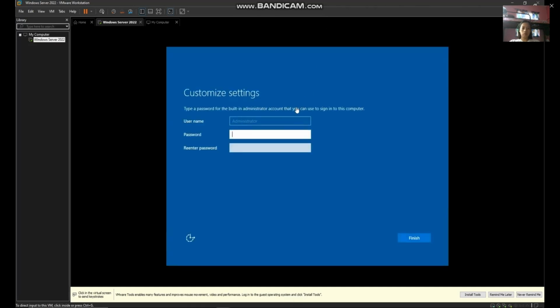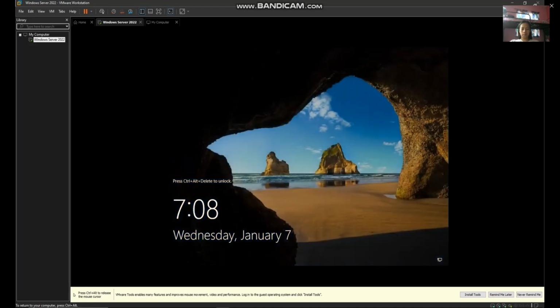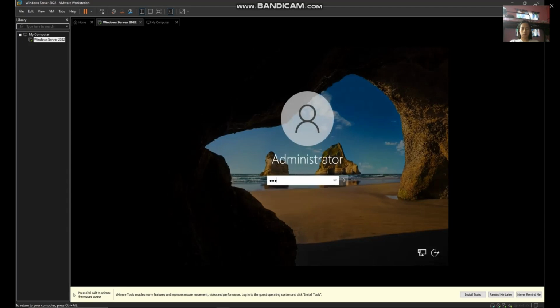So now it will show the customized settings. So we create a password. Then re-enter. So type again the password that we use.